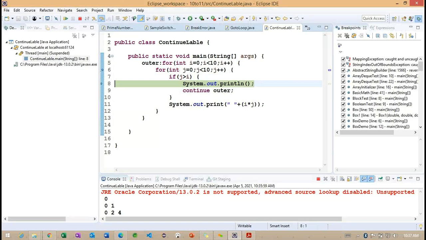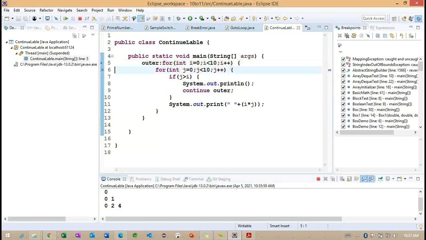So once the 3 times repetition is completed here, it is moving on to the outer loop. So this time 4 times. Now you can observe, once the 4 times is completed, it's going to check with the outer loop here. So this section is very important here. So using the continue, how are we going to work?